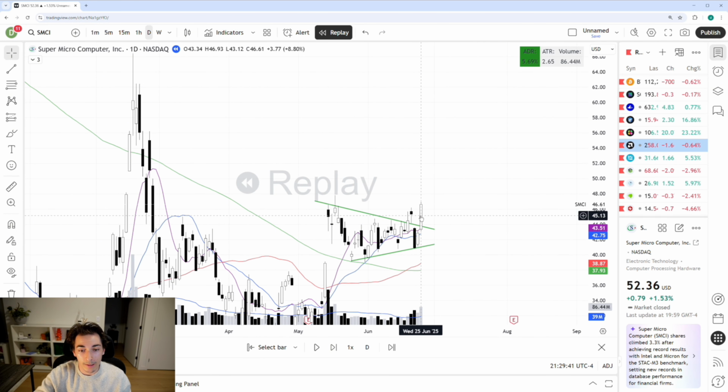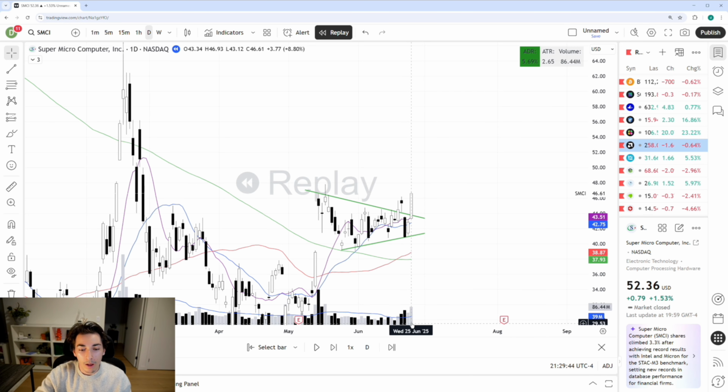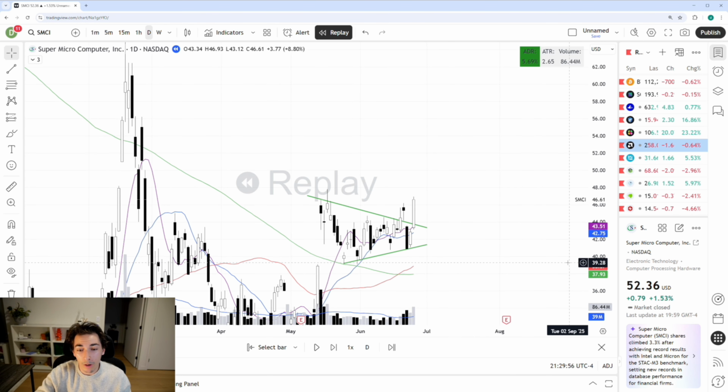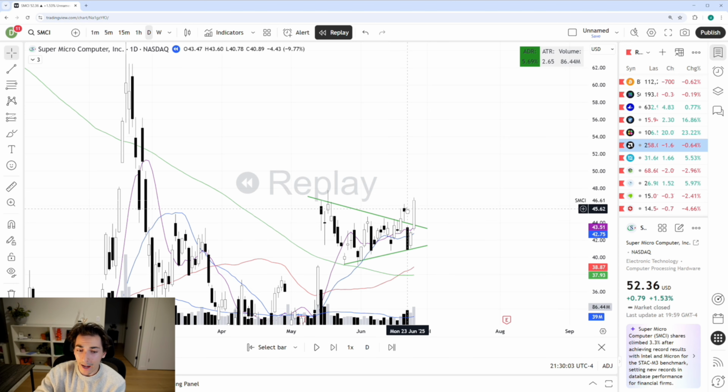And I traded this day right here. Clear breakout. Volume was not that high. Still was the highest volume in almost a month, so it was kind of significant. Just above twice the average daily volume. So it's not bad. But the reason why it is a 2-star setup, had a fake out right here,